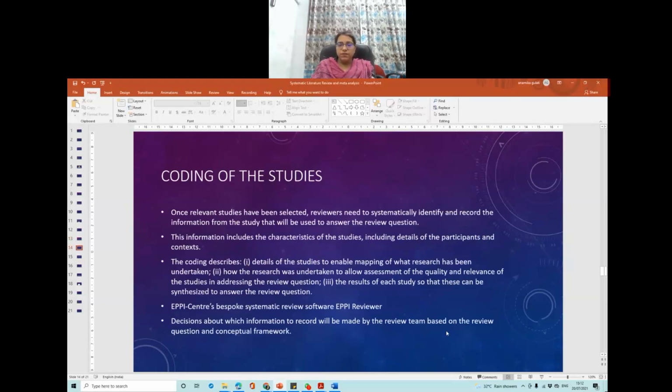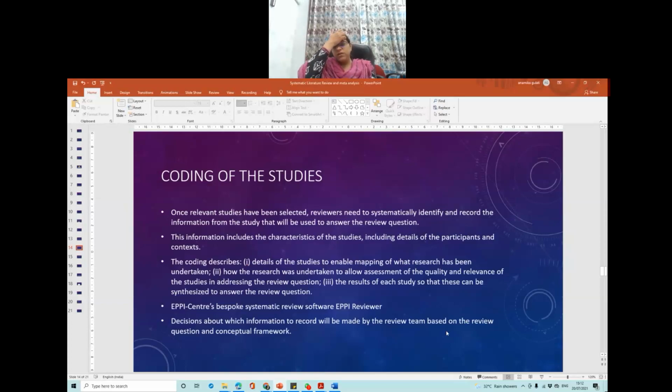Then comes the coding of the study, the basic coding of the study, where once relevant studies have been selected after the screening process, reviewers need to systematically identify and record the information from the study that will be used to answer the review question. So the information in the protocol, you have already defined what kind of information you are extracting from that particular